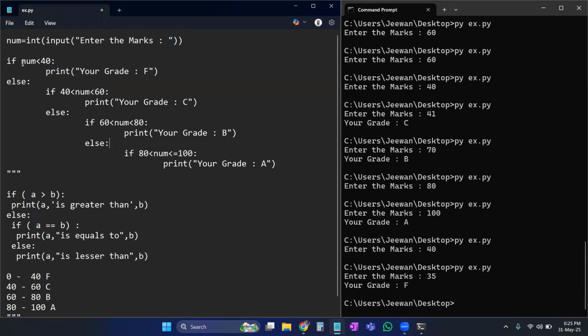If this condition fails, what can you say about the marks, the number variable? Marks can be greater than or equal to 40. Exactly. So, do we need to check this now? No, we know for sure that it is equal to 40 or greater than 40. So we're going to check